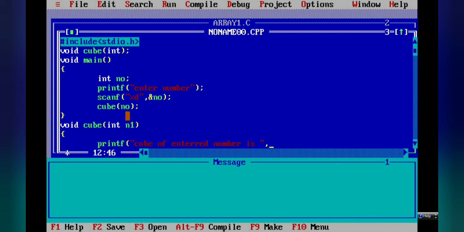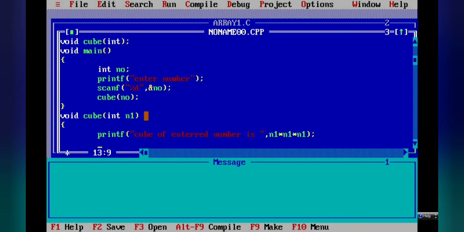So now here n1 holds the data that is entered by the user. This n1 we have to multiply 3 times, then the cube will come. So we have to multiply the same number 3 times, then it will be the answer of your cube. Then after the bracket is over, a semicolon. And here we will write the statement there. And here we will write the getch also